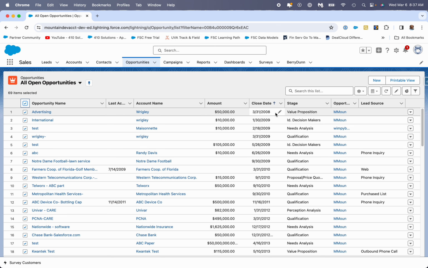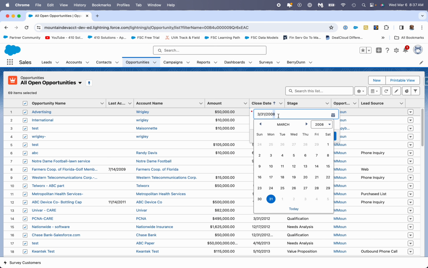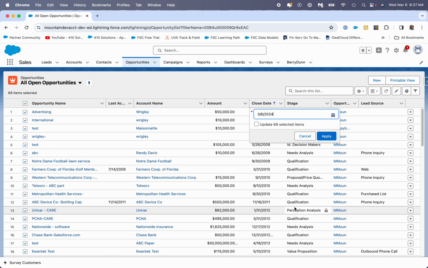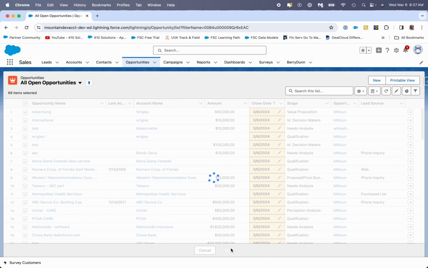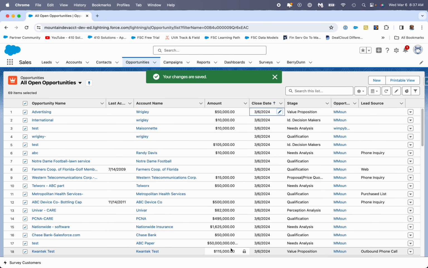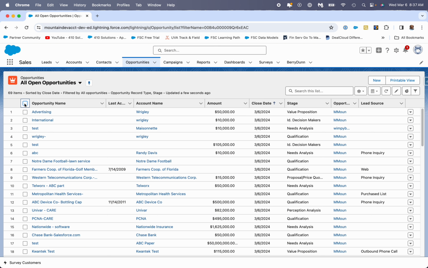So I'm going to come in here and click on this, and change this to today. And I want to update all of them. Apply, save. And I have now just updated every close date in the system to today. So with views, you can mass update records in your system.